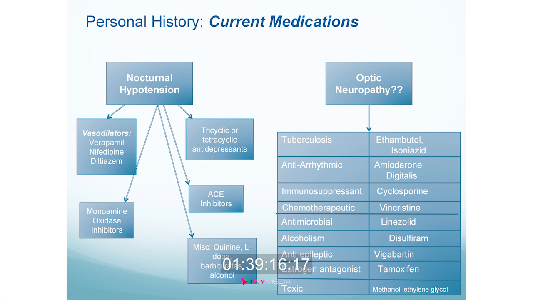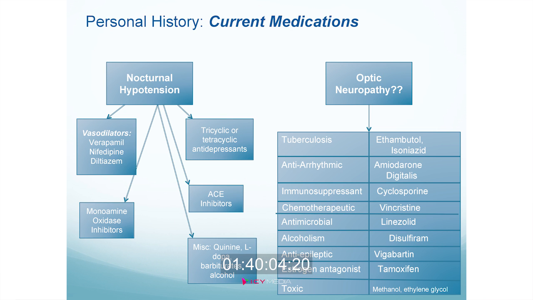So this is a schematic, again, or an outline of what I like to emphasize in a patient that I'm concerned has optic disc edema. Okay? We want to find out why the patient has poor perfusion to the nerve. And if I said optic disc edema, ION specifically in this case. Why does the patient have poor perfusion to the nerve? One of the main reasons, a lot of literature has been done, is nocturnal hypotension. If a patient's blood pressure drops in the evening before bed, that can result in poor perfusion to the nerve. It's the same pathophysiology as we were talking about with normal tension glaucoma. So if the patient has a drop in blood pressure at bedtime, that can result in poor perfusion to the